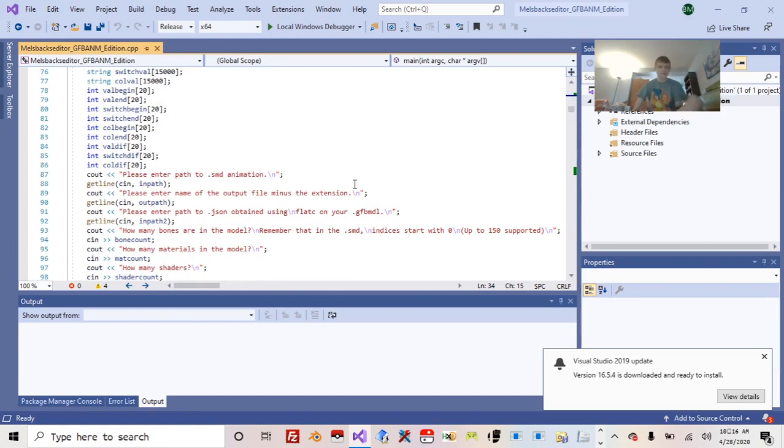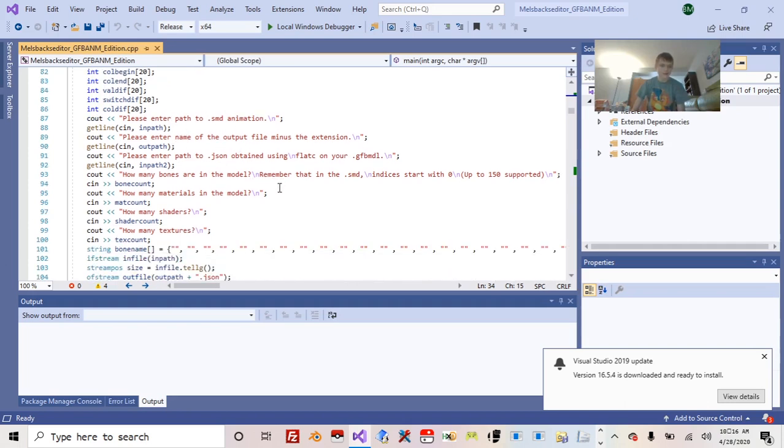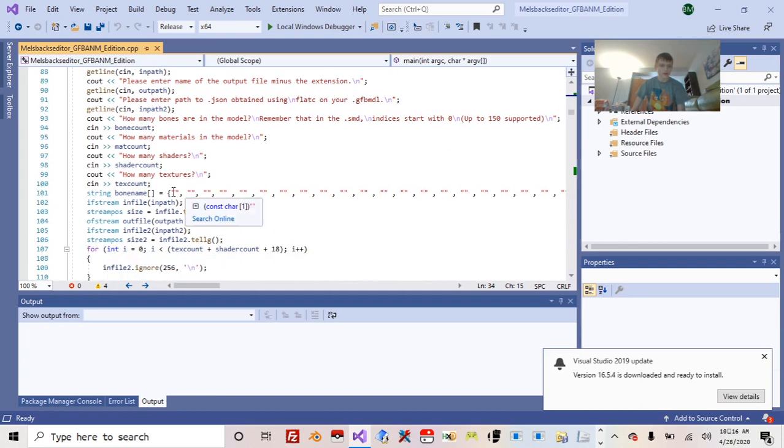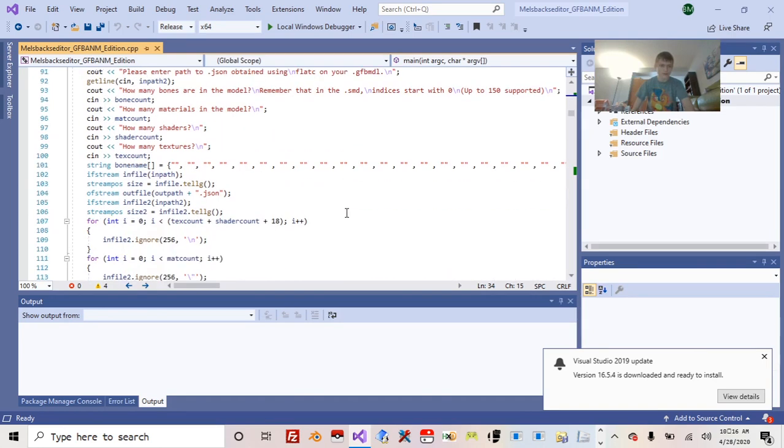And then you see it asks you to enter in the paths where it has the variables and that stuff, bones, and I don't know why I made this array have so many blank spaces like this instead of just leaving undefined and putting a number in there. I don't know why I did that. That was stupid. I did it with my other arrays, but didn't do it with that one for whatever reason.